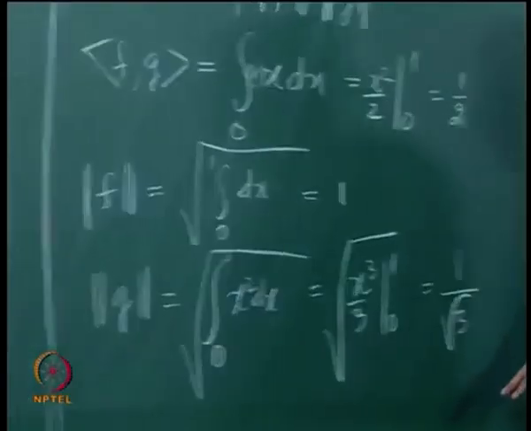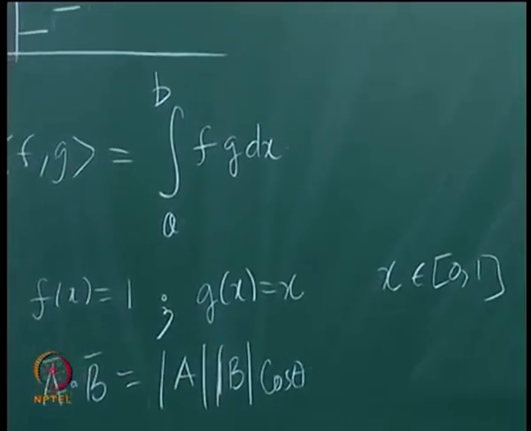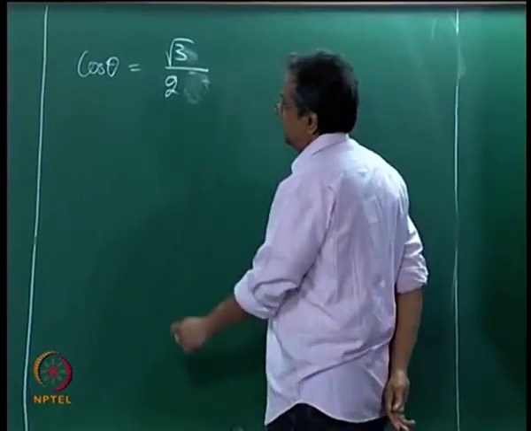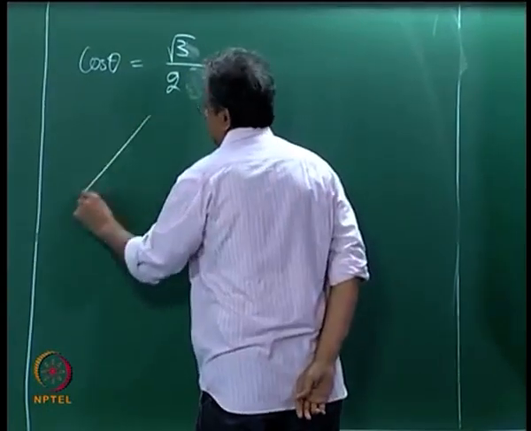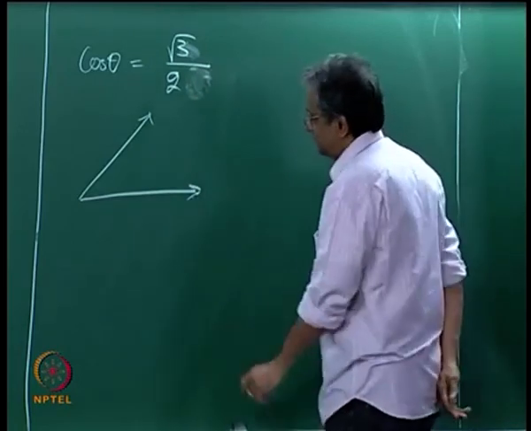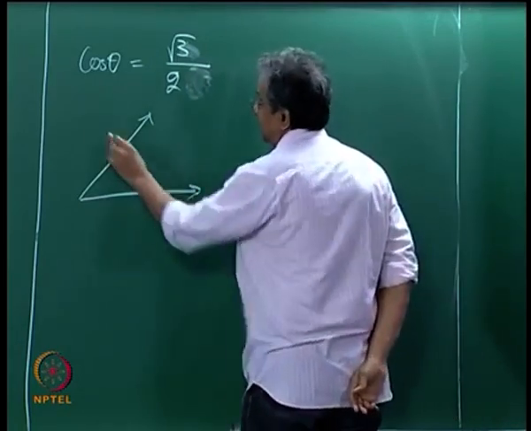So 1 and x are linearly independent. How do I get two vectors so that the angle is pi by 2? What I do is repeat what we did earlier. So if this is A and this is B,